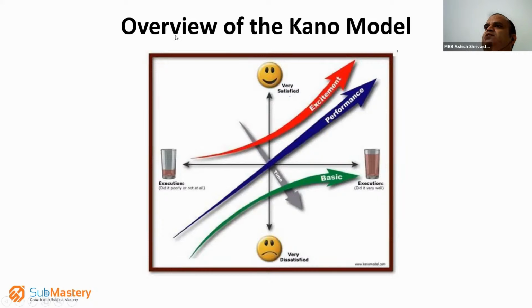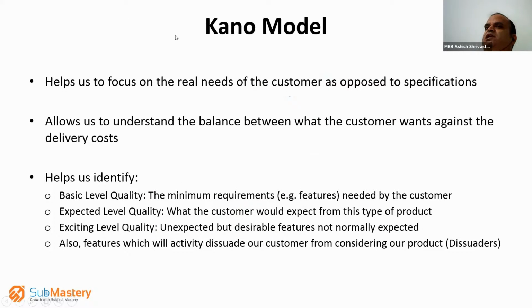So what is the Kano model, guys? The Kano model helps us to focus on the real needs of the customer as opposed to specifications, and allows us to understand the balance between what the customer wants against the delivery cost. It helps us to identify the basic level quality, the minimum requirement needed by the customer. Second is the expected level quality, what the customer wants, what is the expectation, and the exciting level, which is not